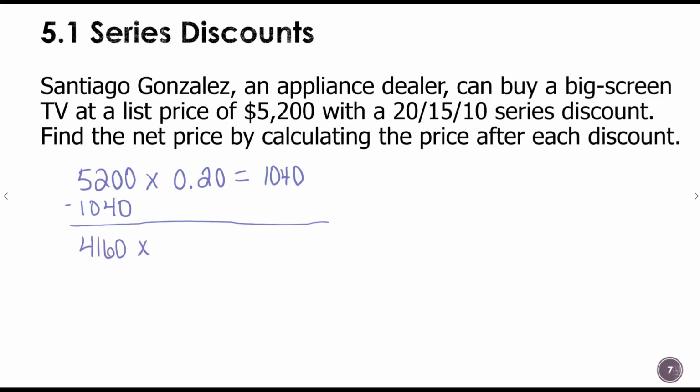And then we're going to take the next discount, which is 15%. So we multiply by 0.15, and we find that that discount is going to be $624. So we subtract the 624, and we get a